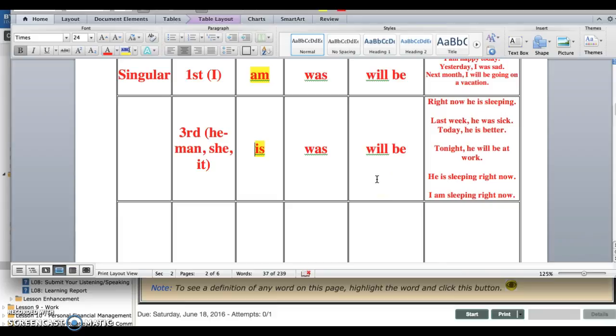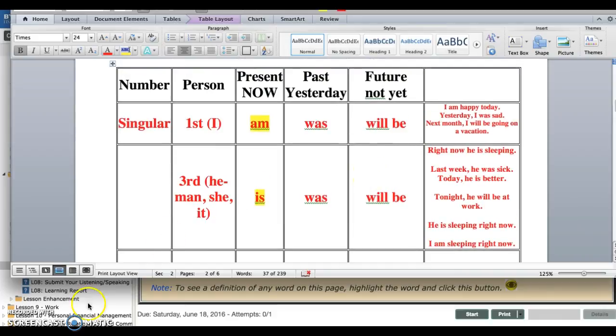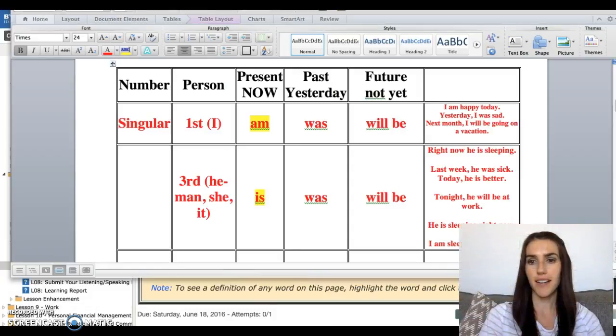I know verbs can be tricky if you're talking about yourself or someone else, and depending on if it's happening now, yesterday, or tomorrow. I hope this was helpful and not too confusing, and if you need to replay this video or take a screenshot or even would like me to send this out, let me know if it's a helpful resource.